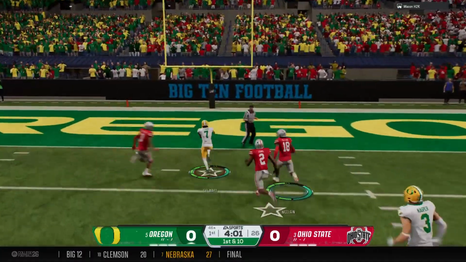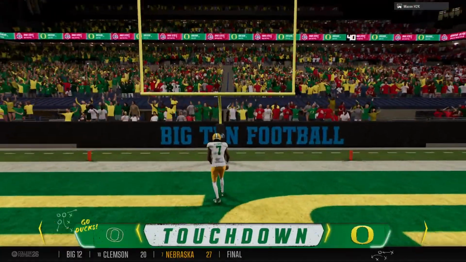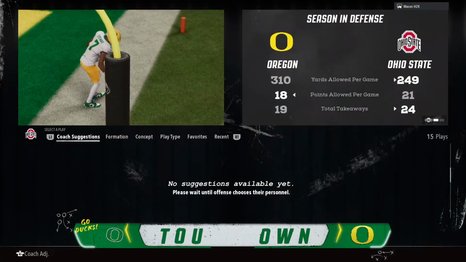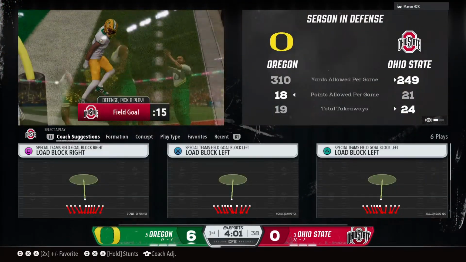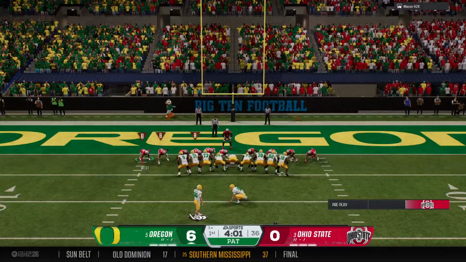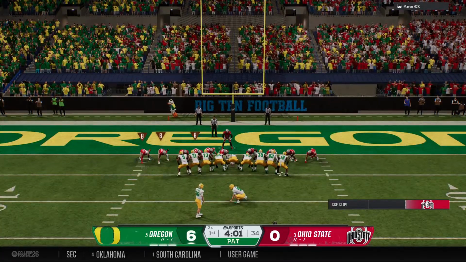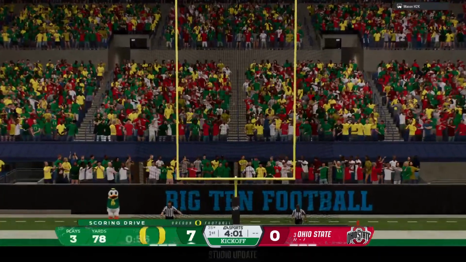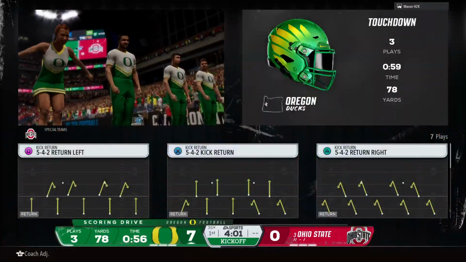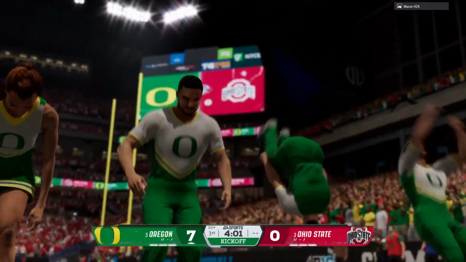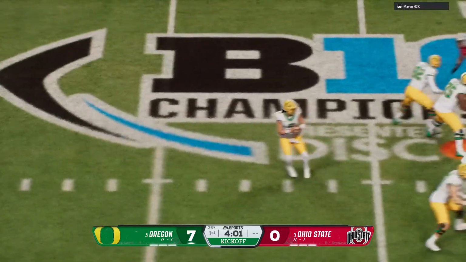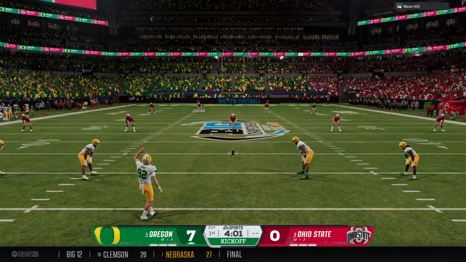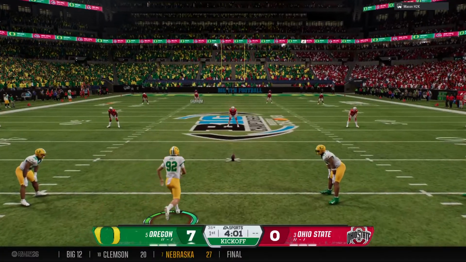Breaks into the clear. Touchdown, Oregon. Way too much speed on that play. We've got a conference championship on the line here. What a start for the offense. Man, I just want to give a lot of credit to the quarterback and the offensive line. They really set the tone here on this drive, allowing this offense to be able to make the plays that they needed to give them this lead here early. And they're able to tack on the extra point. So after putting up a touchdown, the kickoff team is out there to boot it away.